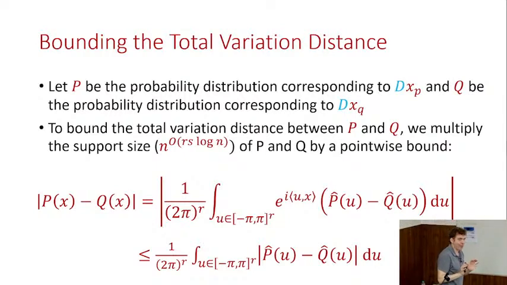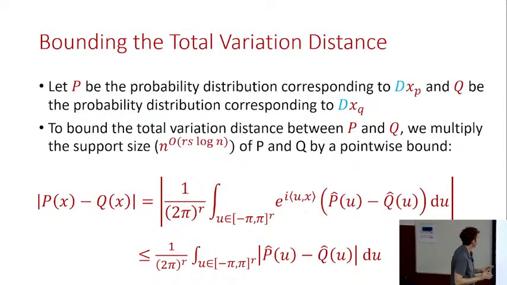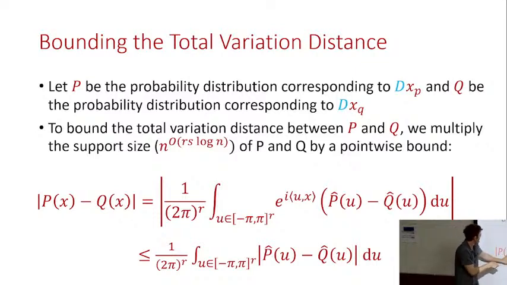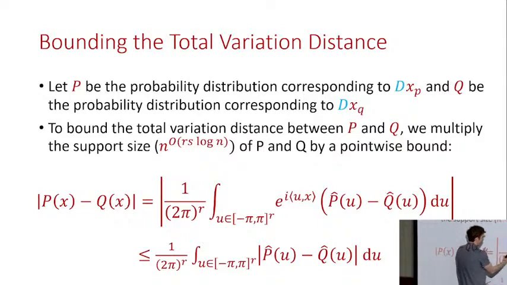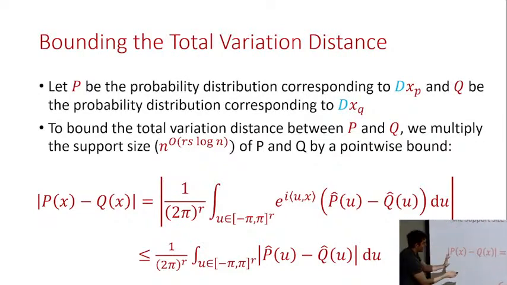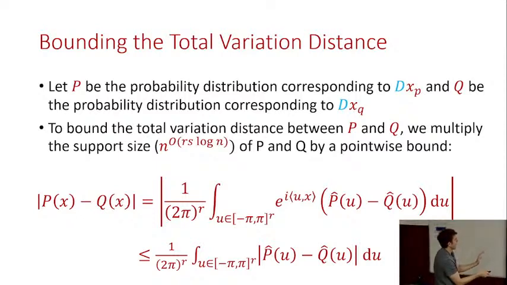I just want to say one thing to give you intuition about the preprocessing before I stop. To get this pointwise bound, P and Q are these image distributions. You can use Fourier analysis to write it in a different form involving the Fourier coefficients of P and Q. You can use a triangle inequality to pull in the absolute value. Don't worry about that. The important point is when you write out the Fourier transform,